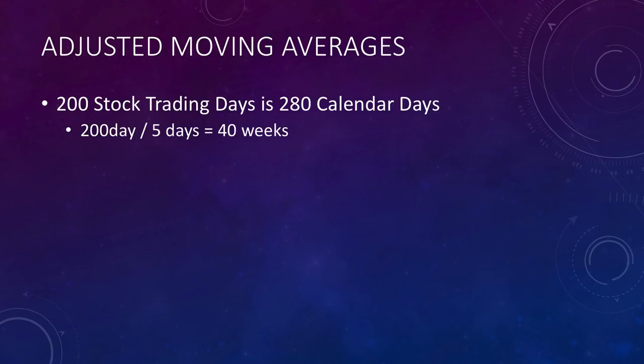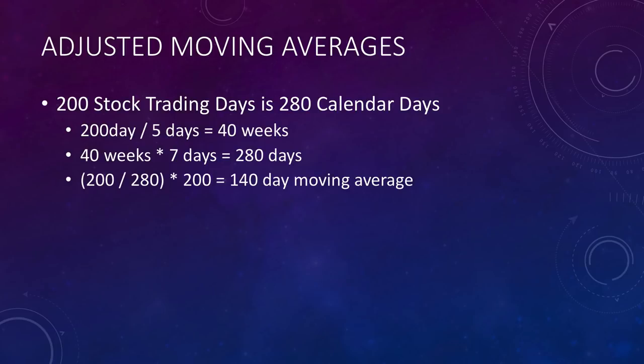The way you get that is 200 days divided by 5 trading days a week equals 40 weeks. And if you take the 40 weeks and normalize it for 7-day weeks, that gets you the 280 days. So you take that ratio, 200 over 280, multiply it into the 200-day moving average, and that gives you the 140-day moving average. If you use the higher number on the actual calendar days, which is closer to 288 or 290, then your adjusted moving average will drop a little bit to 136 to 138 or something,